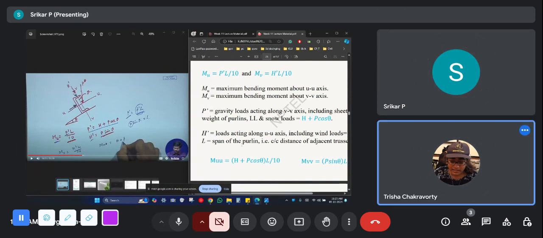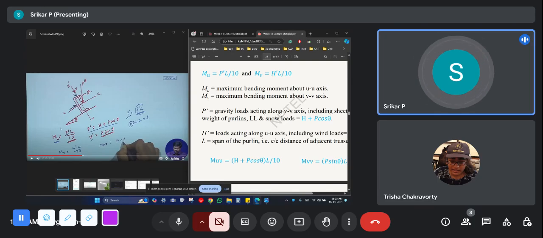Yes. So this is going on, and this is like a purlin. This is like an inclination, and this is placed on it. And this H dash is like wind loads, and P is like vertical loads, like dead or live. The consideration of this P dash and H dash doesn't seem to match what sir is mentioning. I thought maybe this should be different. And there is no mention of exactly what H is here. H is a horizontal load. H is horizontal load.